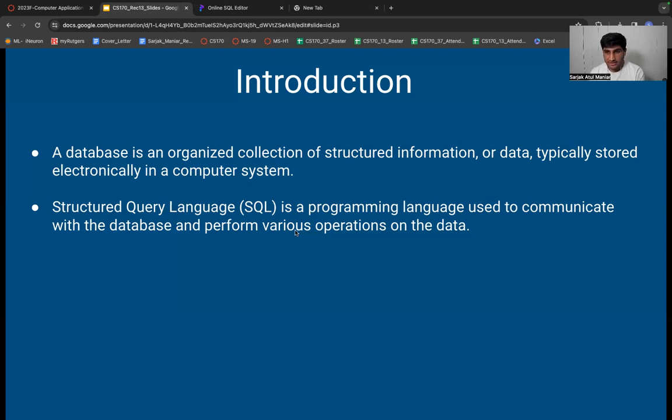SQL is created just for the purpose of interacting with databases, right? Because once you have your database ready, how are you supposed to retrieve the data from the database? For that purpose, there should be some kind of medium. So SQL is created as a programming language which allows users to interact with the database, right? And perform different kinds of operations on the data.